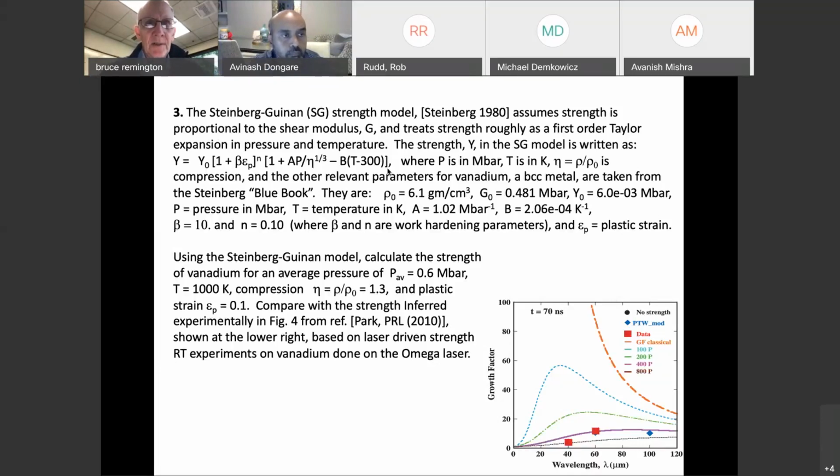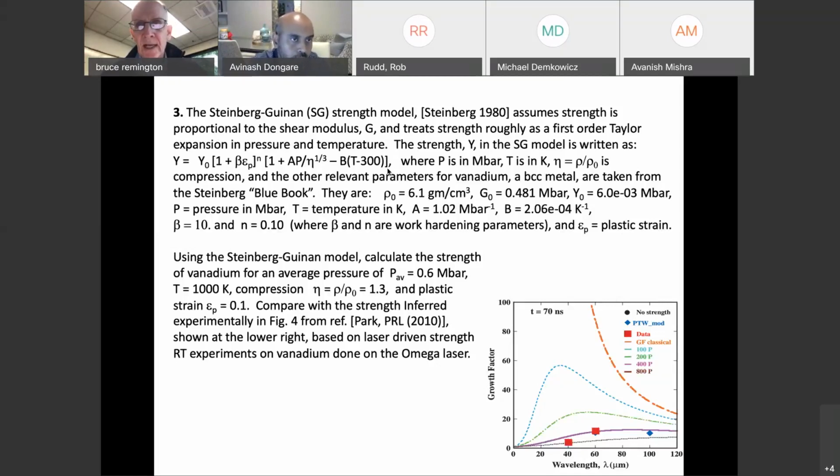So then the question is, assuming compression of 1.3, rho over rho-naught equal to 1.3, at a pressure of 0.6 megabars, temperature 1000 Kelvin, and a plastic strain of 0.1, calculate the strength. And then compare this with what we inferred experimentally in experiments done at the Omega laser,